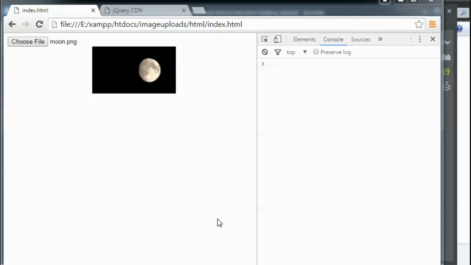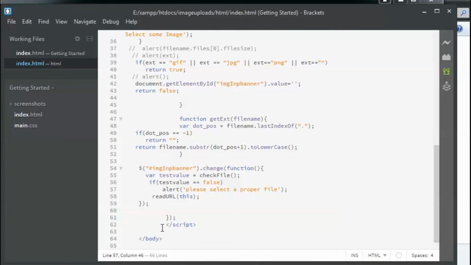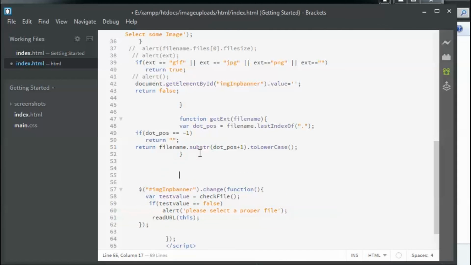So guys, now I'm going to show you how to create the next function that is really important to upload the image. First of all, we will create a new button over here, and then on the click of that button, we will upload the particular image that is selected over here. So let us get that done. Let me open my Brackets editor once again, and let me define a new function.